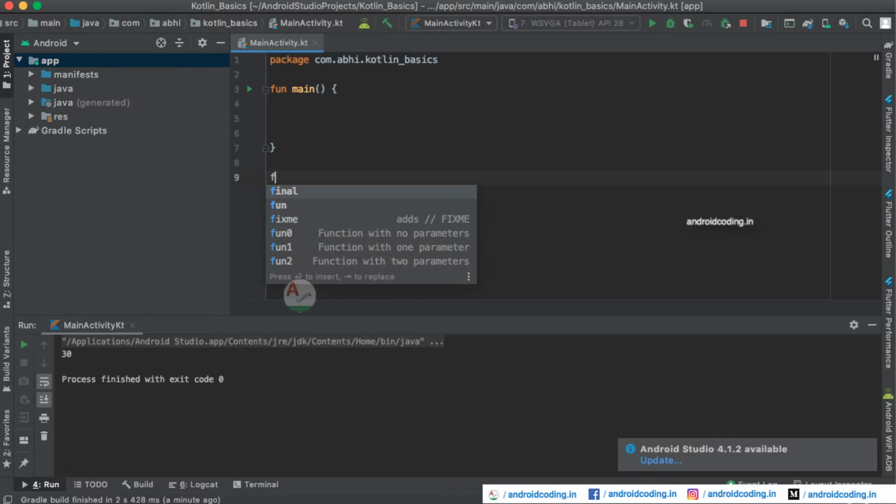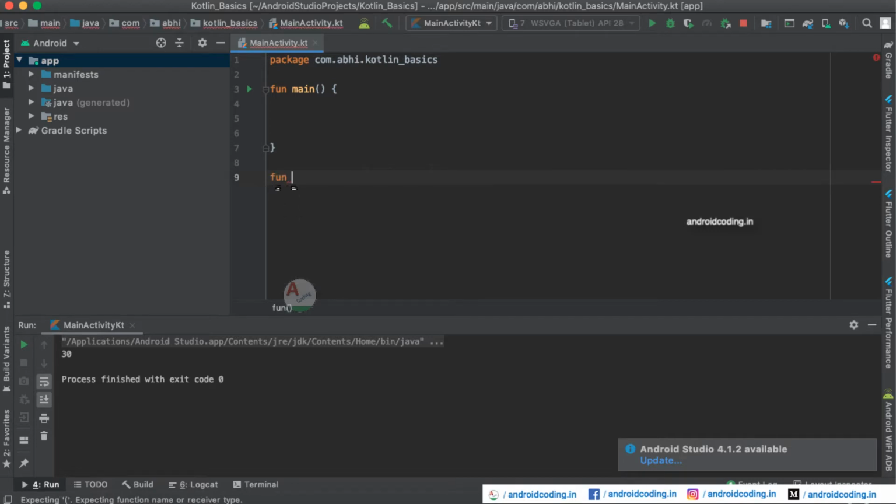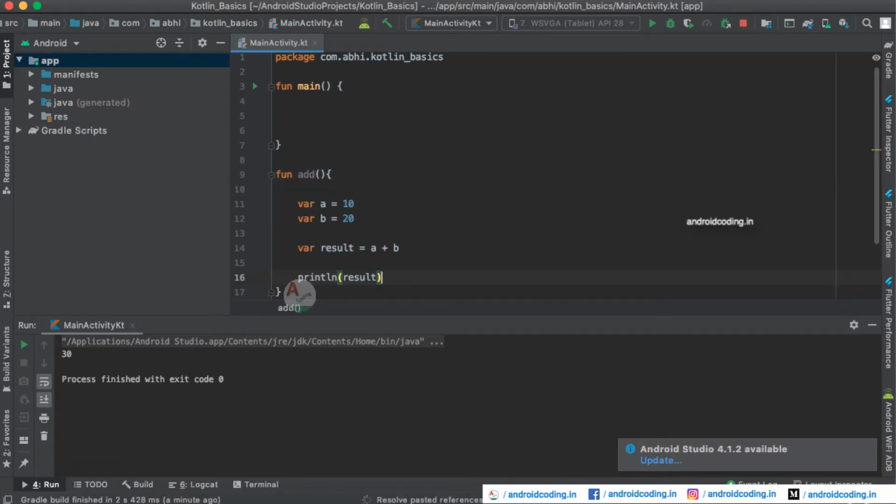Let us create a function. So, here the keyword is fun. By typing fun, the compiler understands that we are trying to create a function. So, here we are just pasting the code which we have used above.